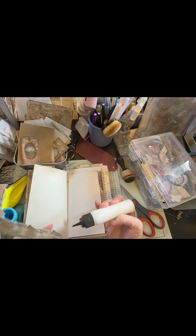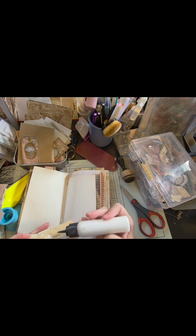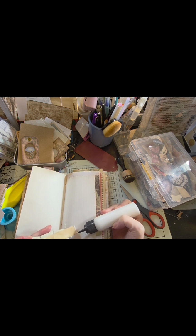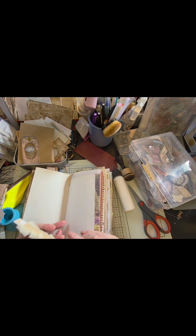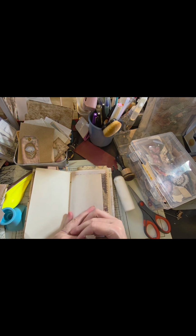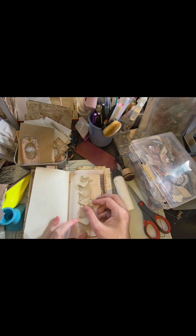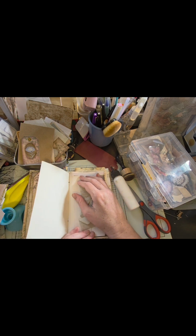All right. Turn this around. And we'll put an envelope or something that we've made, a journaling card perhaps in here. Okay. And we're going to make sure we get it down so it's not upside down by any means. Yeah, I like that. In fact,